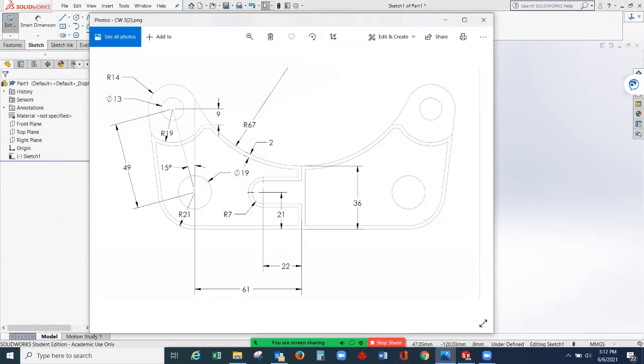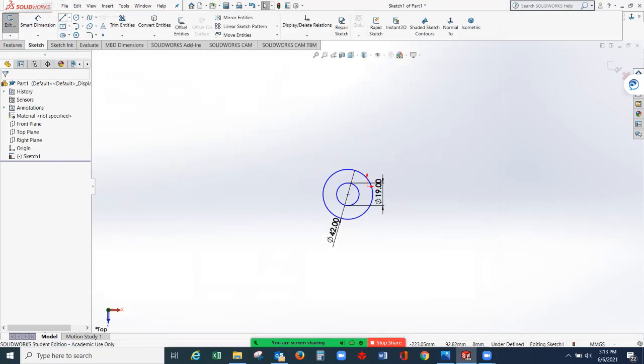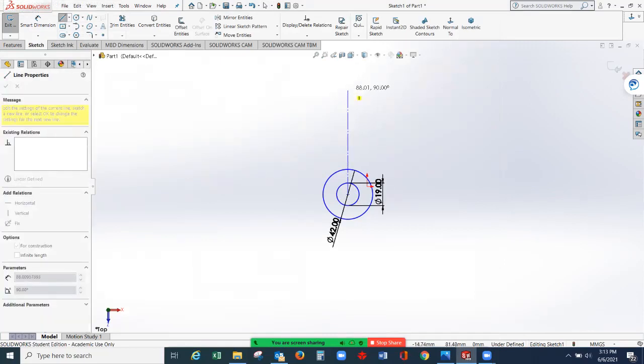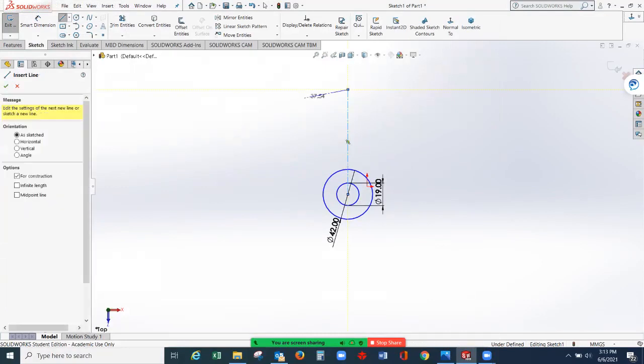If you double check, these are the two circles. So this outer circle here will now become an arc by using the trim command, and you have the inner circle which is 19. And then we will project this line here with a 15 degrees inclined line. So from here, line, center line, select center line from the center. So we have this automatic relation, which is vertical. Press the escape button to terminate the command.